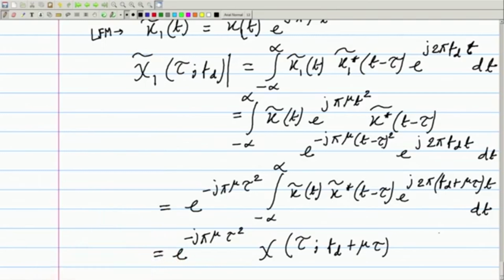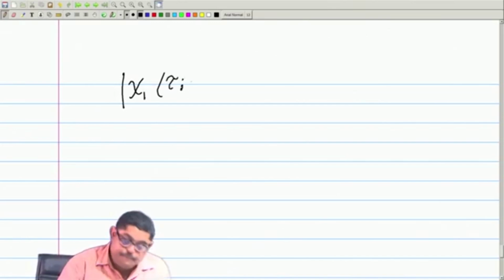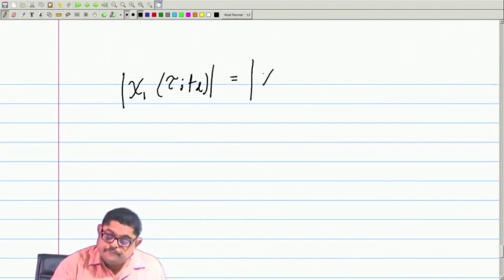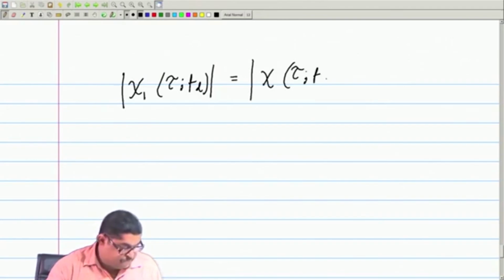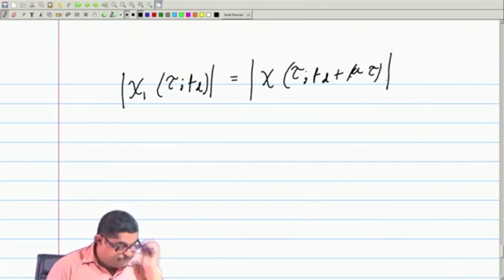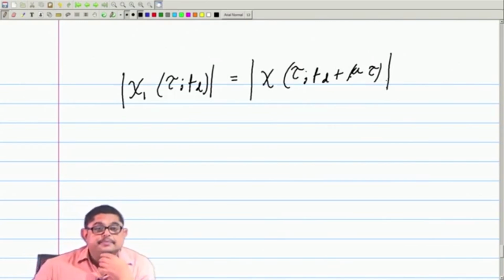Take absolute values of both sides. This equation you take absolute values of both sides, that will give you so this property is very helpful, and you can see that